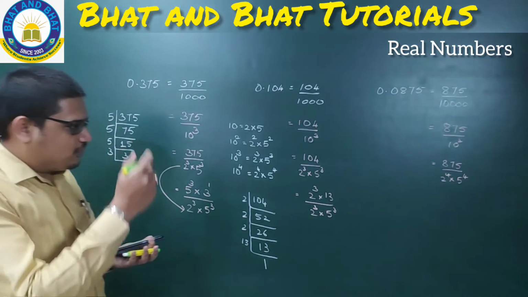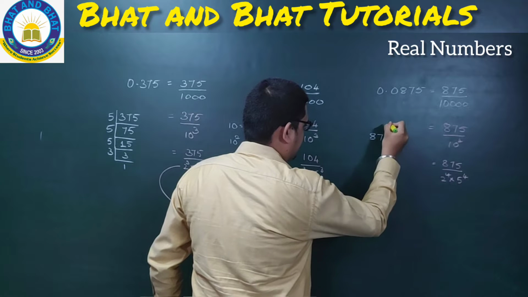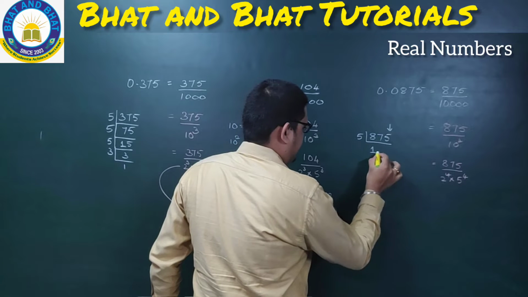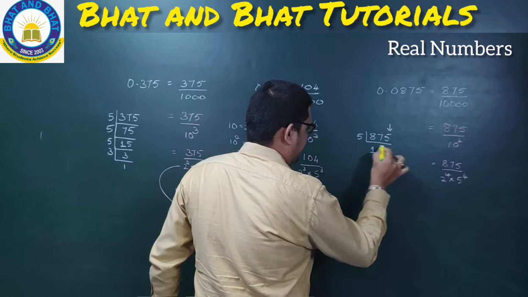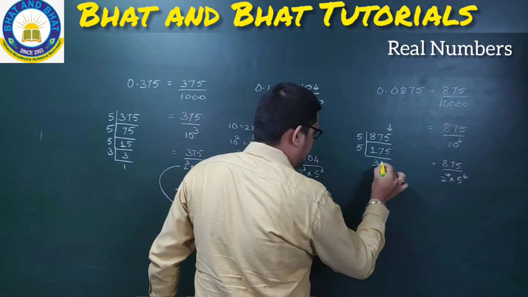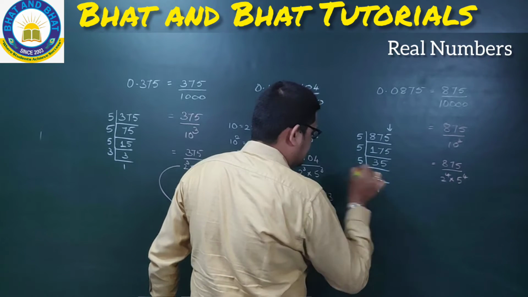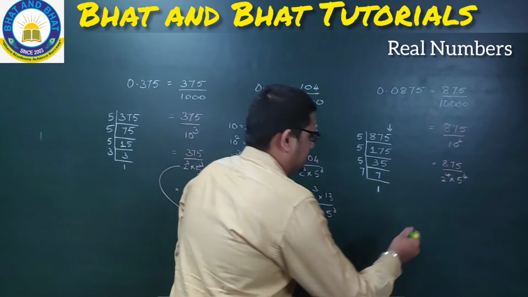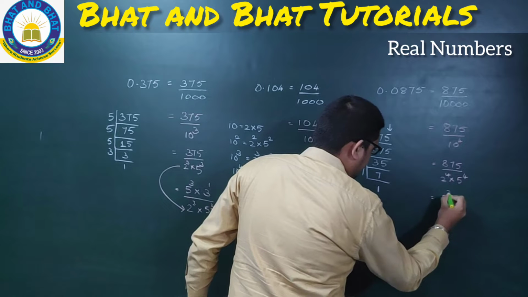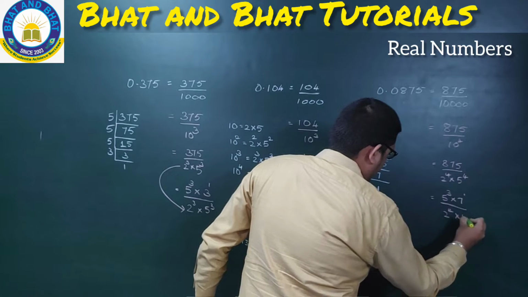Yes. Now, let us go for 875. As it has 5 in its units place, we can say that it is easily divisible by 5. 5 ones are 5, 5 sevens are 35, 5 fives are 25, 5 threes are 15, 2 is the remainder, 5 fives are 25, 5 sevens are 35, 7 is a prime number, so 7 ones are 7. So, we can rewrite the expression as 5 to the power 3 into 7 to the power 1 divided by 2 to the power 4 into 5 to the power 4.